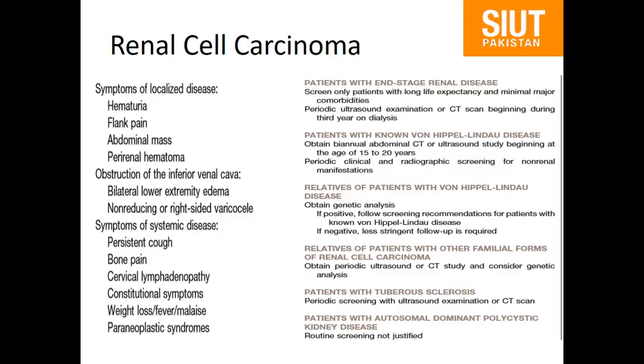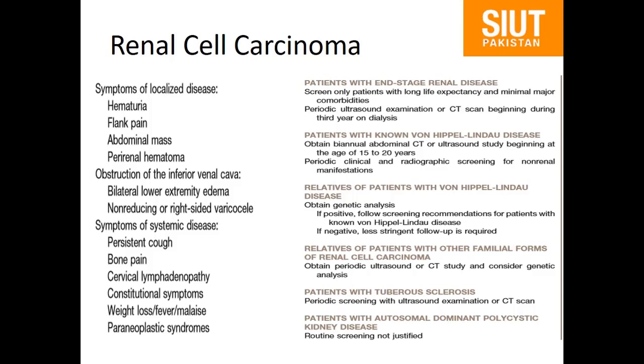Now, if you look at the other part of this renal mass, we have the renal cell carcinoma. It constitutes around 60 to 70% of the total burden of these masses. So presentation, we have heard this typical triad for long, but we know that this is not present in all the patients: hematuria, flank pain, and an abdominal mass.